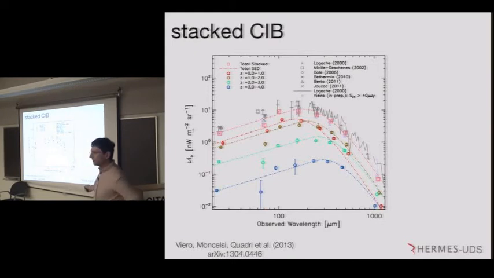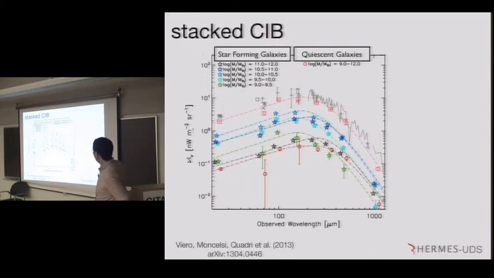And if I split it up into redshift bins, the lower redshifts are providing more flux at the lower wavelengths. And as you step to higher redshifts, you're contributing more and more to the longer wavelengths. Right? So we're seeing a negative K-correction again. If I split it up into mass bins instead of redshift bins, I notice that the most luminous ones are actually not the ones contributing the most. It's these mid-mass ones. They have flux and numbers to their advantage. So most of that CIB is coming from these mid-mass galaxies.